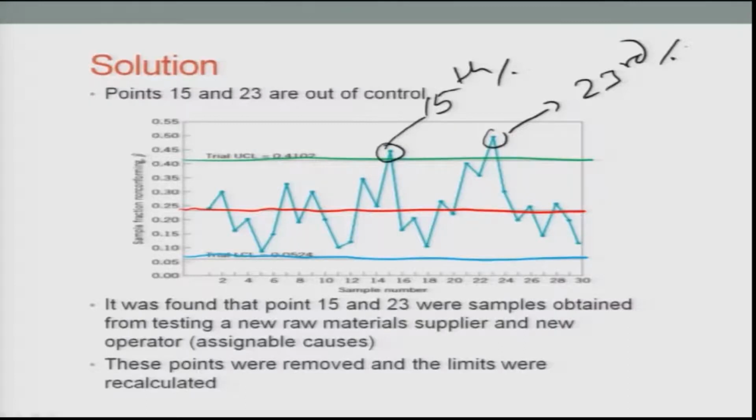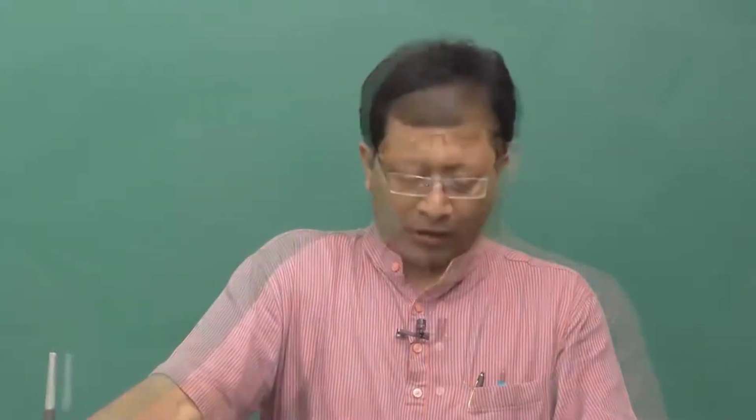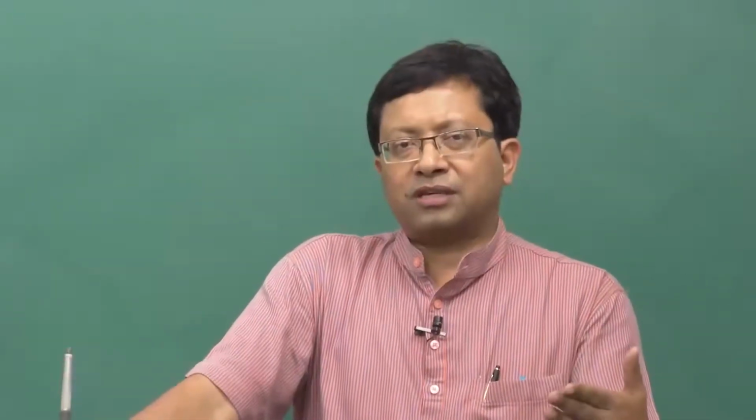It mentions that points 15 and 23 were samples obtained from testing a new raw material supplier, and a new operator could also have been there. Say, for example, the raw material is fine, but a new vendor is supplying it, or maybe the new vendor is sending the same product, but due to some mishandling the products are getting destroyed. So, we were discussing assignable and non-assignable causes, and the reason could have been apart from the raw materials,